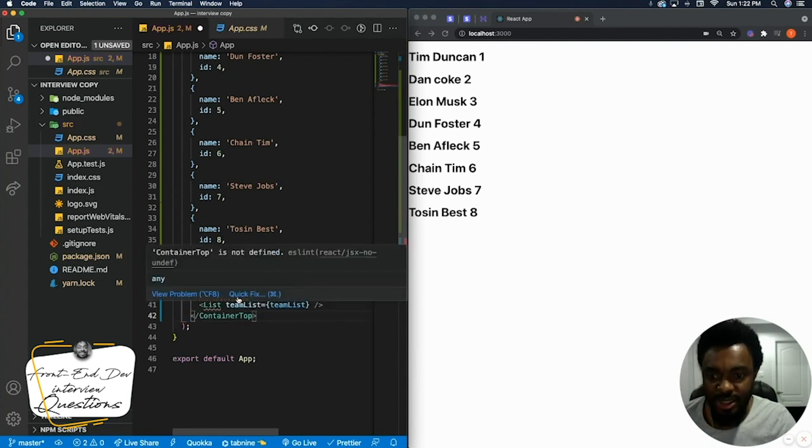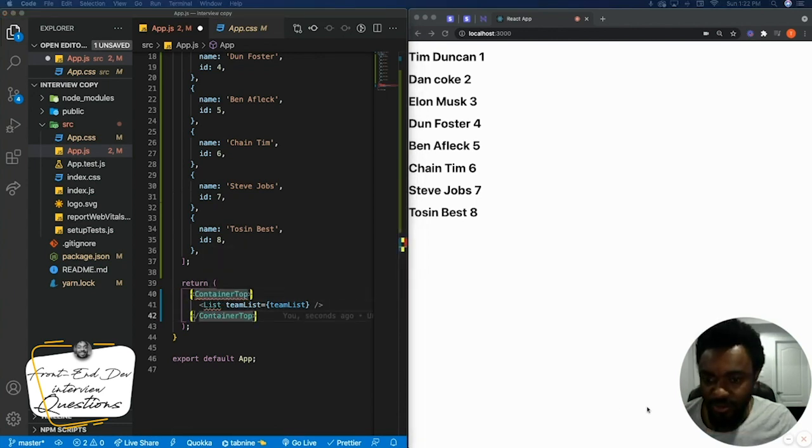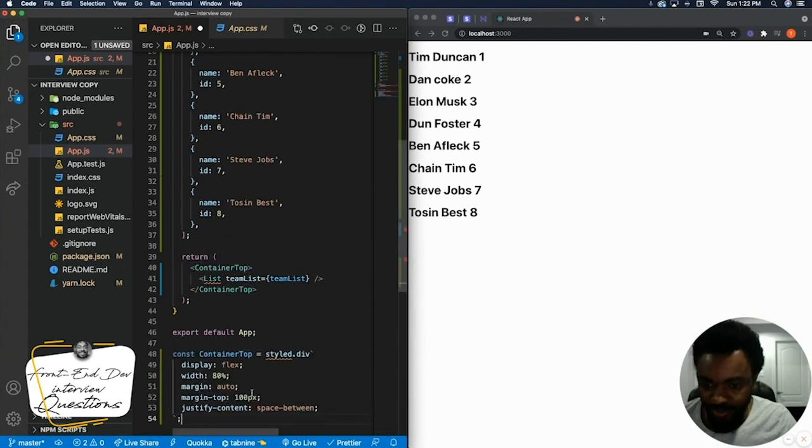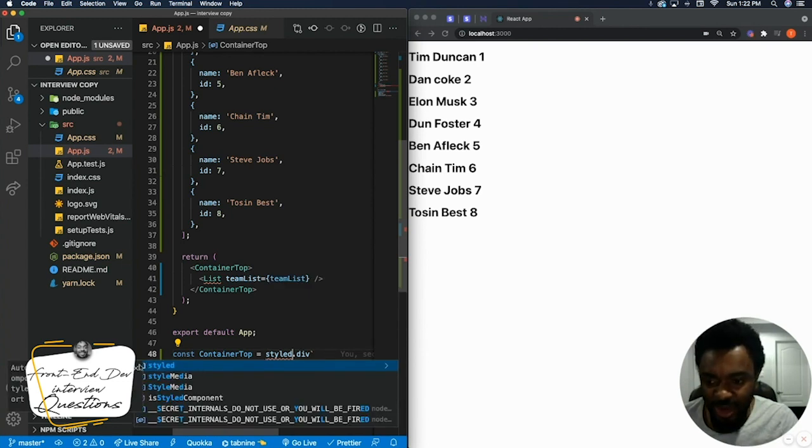I'm going to say, okay, this is not defined. Fine. You may be wondering what is content, top content and list. This is a star component, and I'm going to put it here. And style is not defined, right? So what do we need to do? We need to import style. Mind you, I already have styled-components